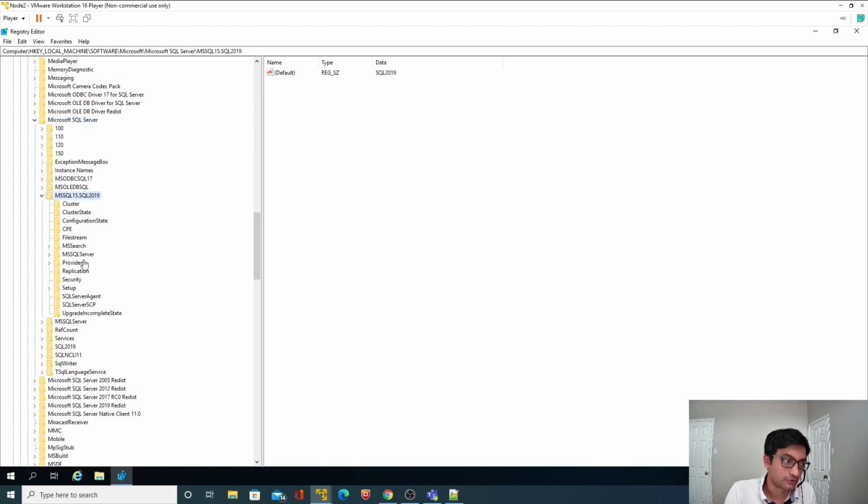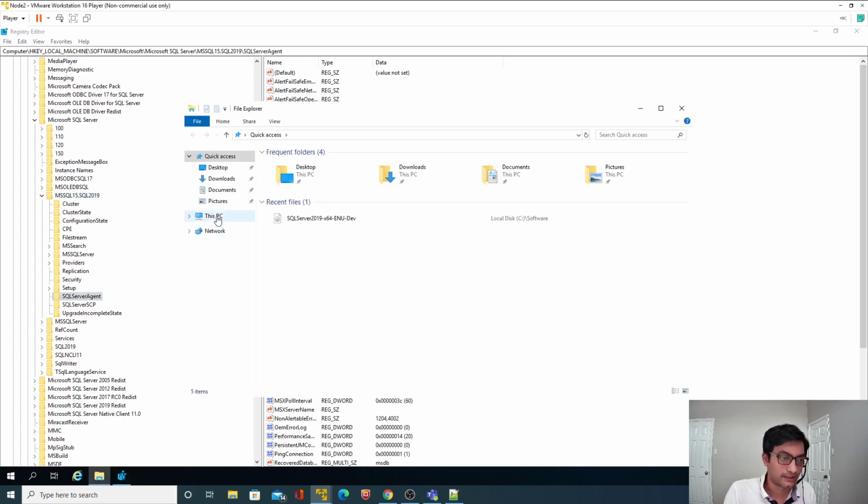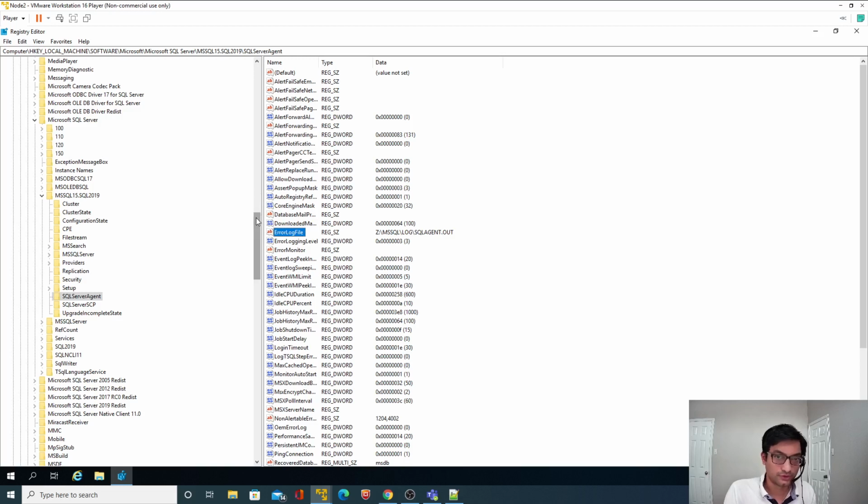Again I am on node 2, and if you look at SQL Server Agent and its log file path, it is a new path. So the Z drive, if I go here, yeah, I will find it here. Currently all the resources belong to node 2. So the D drive is nothing but log 2. Okay, so far so good.